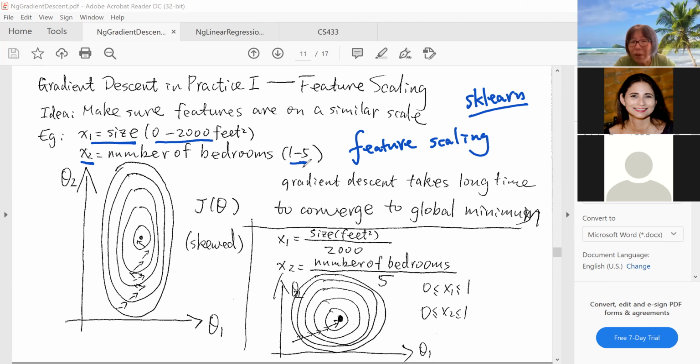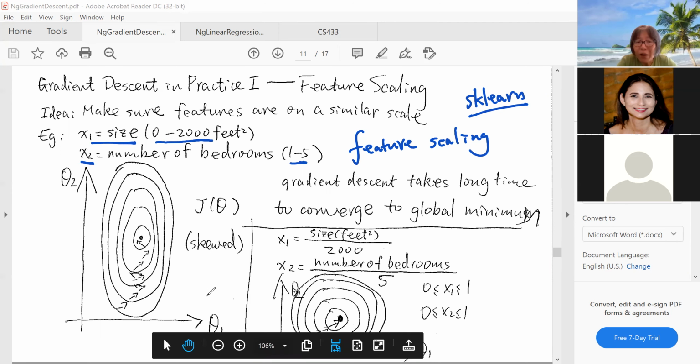If we don't do scaling, then regarding the weights,